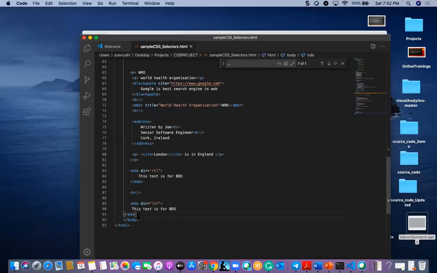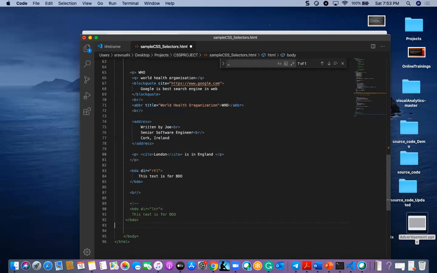So if you want to make a comment for a particular tag or something, you can do like this. If I want to comment this one, you can go for one less than sign and one exclamation mark and two hyphens.